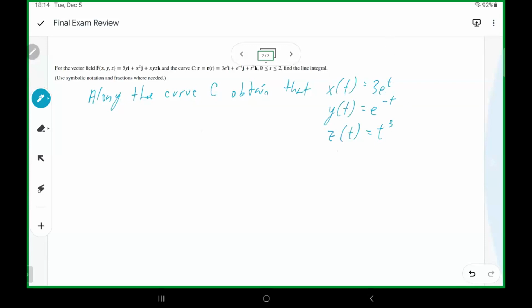It's going to be t from 0 to 2. So that tells us